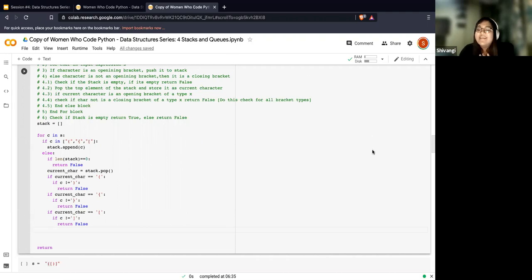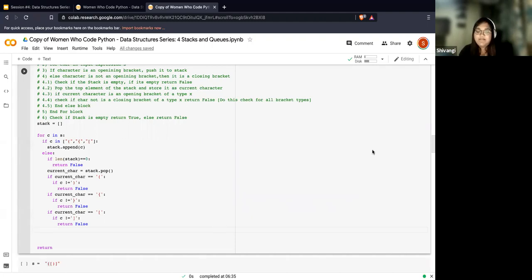Yeah, ET, we'll get to when it will return true, right? Like I mentioned, it will return true if and only if all the pairs of brackets in this string are balanced or valid, right? So I would ideally do it outside the for loop.